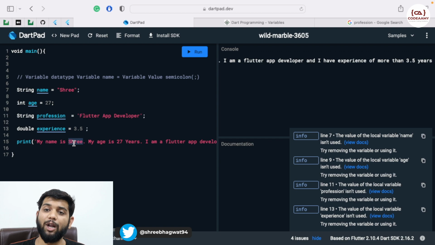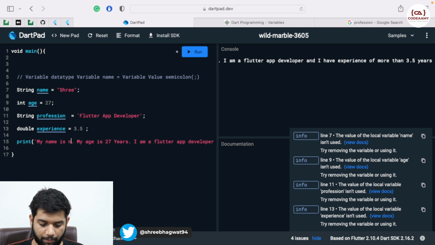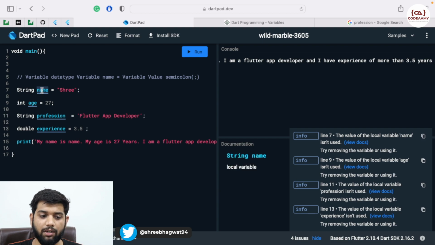What if I'm getting this value directly over our application? For example, you have installed our application and in the pop-up it says enter your name, and you have entered your name, and I want to print your name that you have entered, not the hard-coded string that we have. So what I'll do is, instead of Shri, I will write name. Okay, because this is the variable that we have given, right? So I'm going to use name over here.